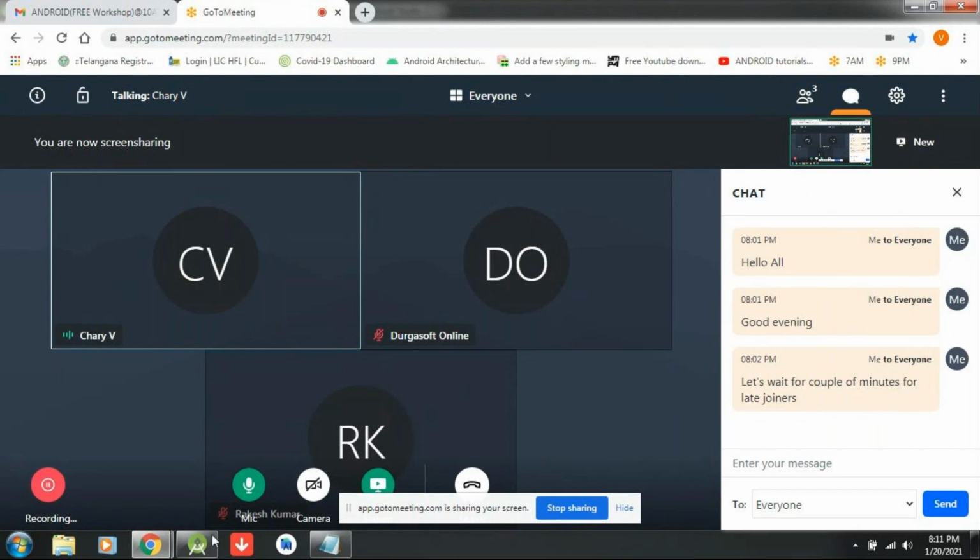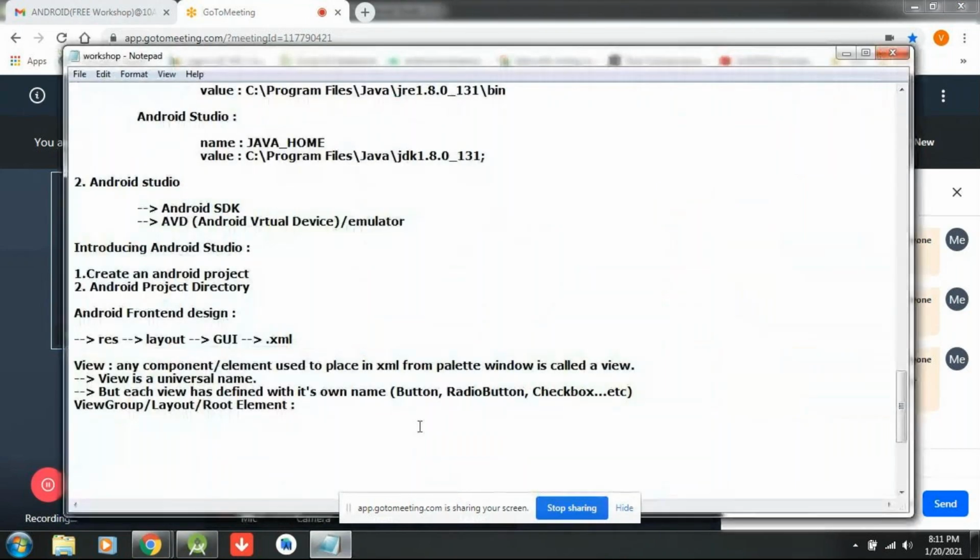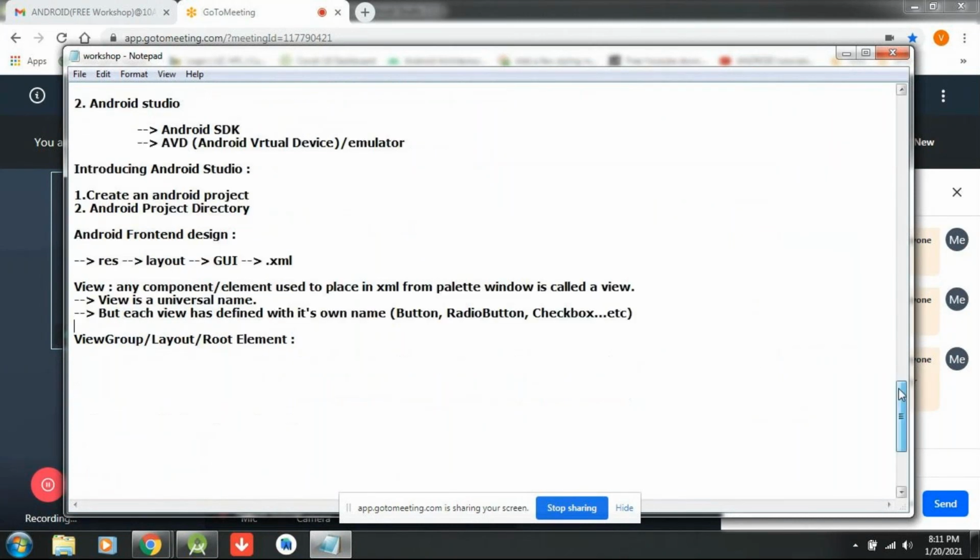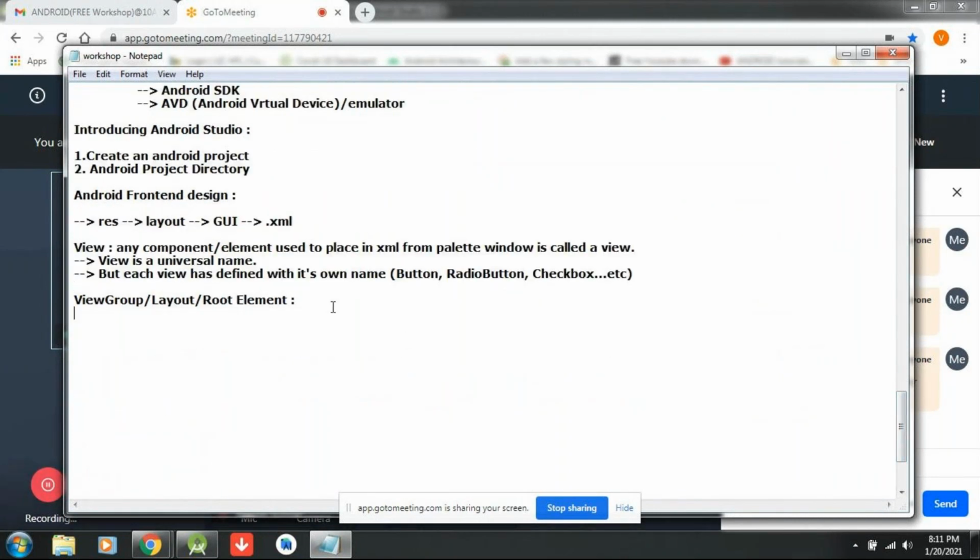Next is the view group. What is a view group, or layout, or root element? It is aligning a number of views in a specified manner.